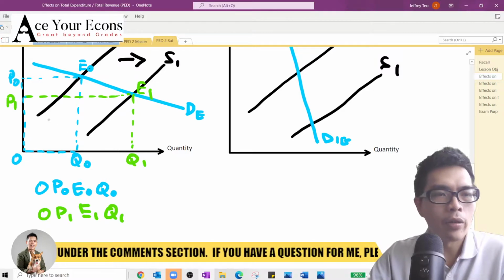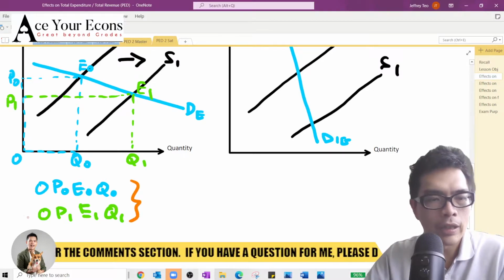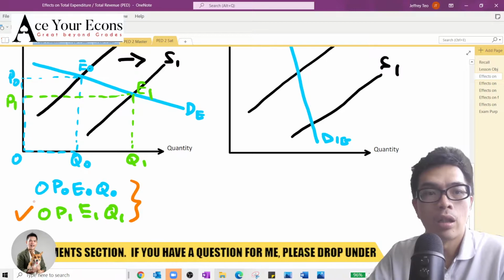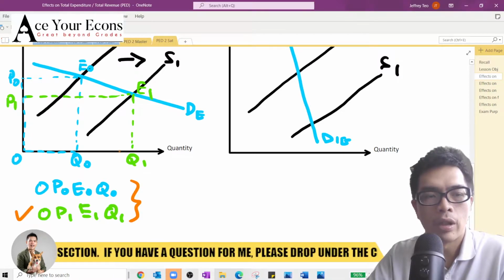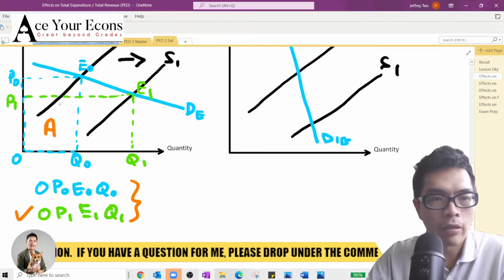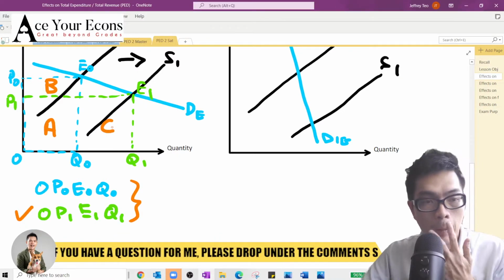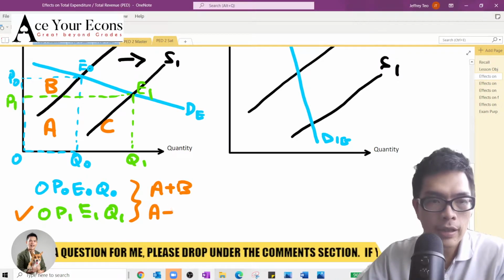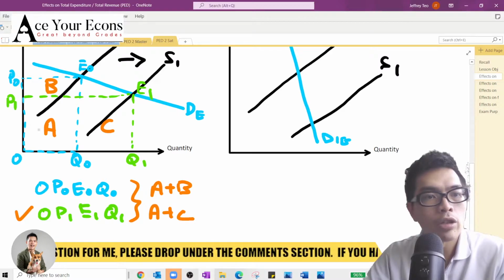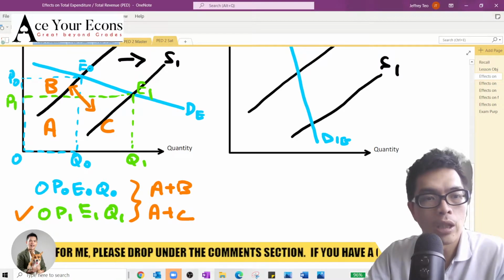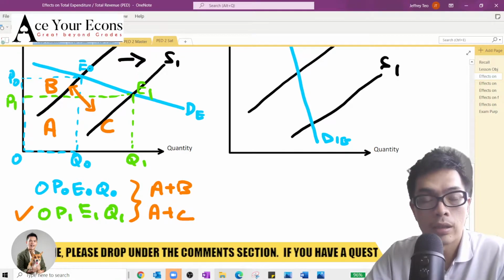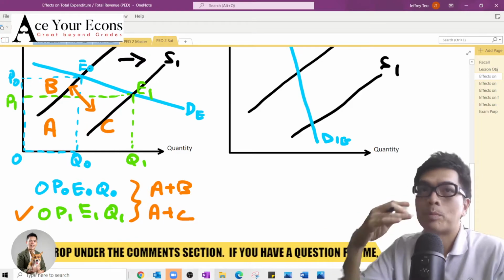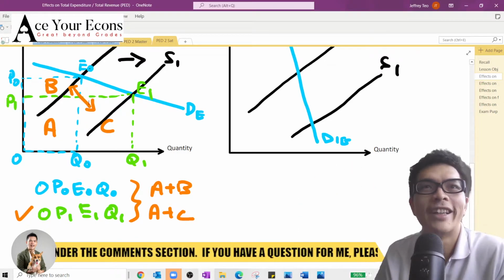So, you can also compare. Okay, so this is bigger. So the after is bigger. There will be an increase in consumer spending or producer revenue. Another way to show this is to use rectangles A, B, C. The initial will be A and B. Final will be A and C. A will be intact, right? No change in A. So it's only going to be looking at changing B for C. Right, C is clearly bigger. If not, you probably need a new pair of specs. You don't need Mr. Teo here.